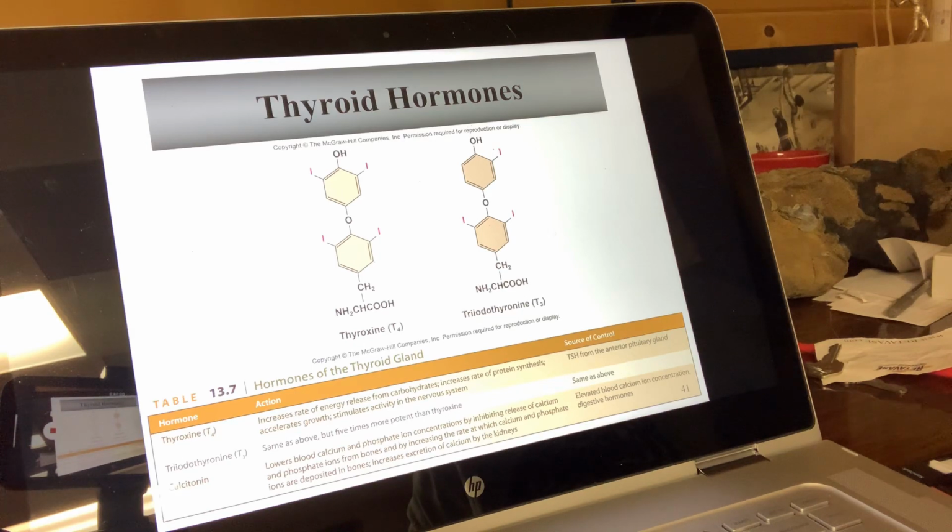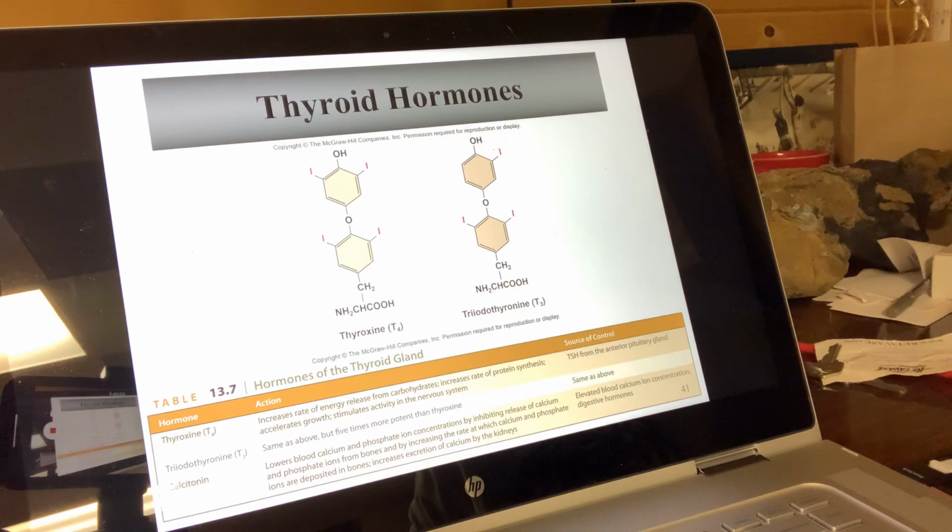Well, T4, or thyroxine, and T3 have similar effects, although T3 is 5 times more potent than T4. Both thyroid hormones have the ability to increase energy release from carbohydrates. What does that mean? That means breaking down complex carbohydrates like glucose to produce energy. Think of thyroid hormones as being similar to the throttle in your engine. If you increase the throttle, your engine burns more fuel, uses more energy, and that's what